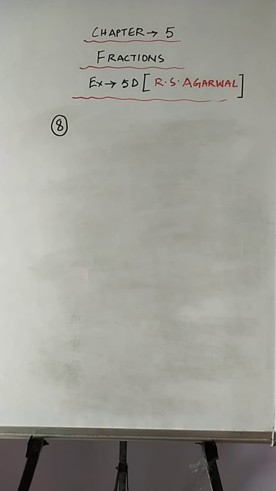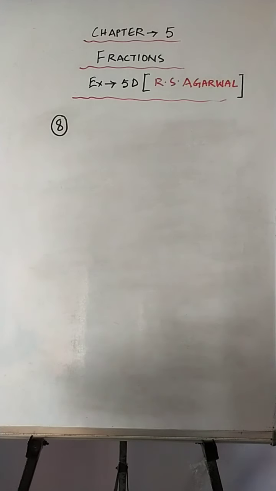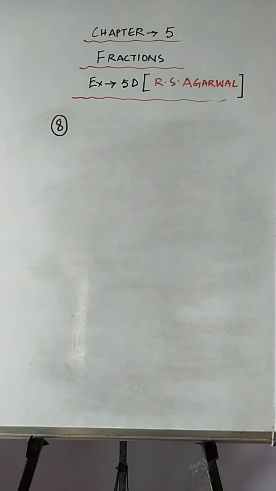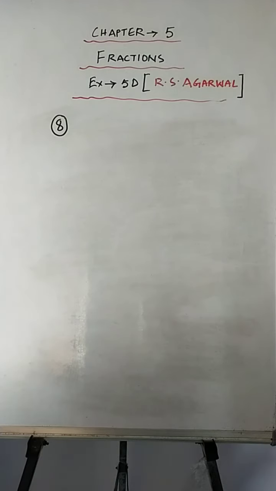Now today also we'll continue with the same chapter, that is chapter 5, fractions from R.S. Agarwal, but today we'll start a new exercise, that is exercise 5D, and we'll do 4 selective sums from this exercise, that is sum number 8, 13, 20 and 29. Okay, so in question number 8 what we have to do, the two fractions are given,